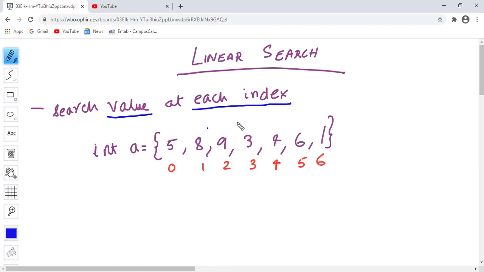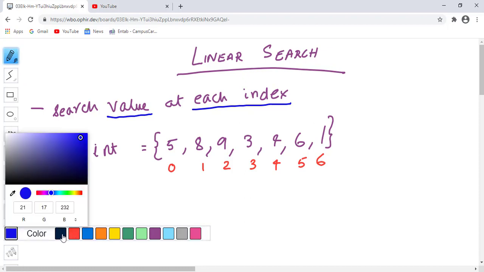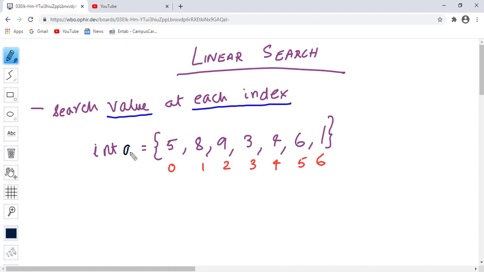So for example, I've got this array A here, and I've got a few data items: 5, 8, 9, 3, 4, 6, 1, and these are the indexes, or indices.